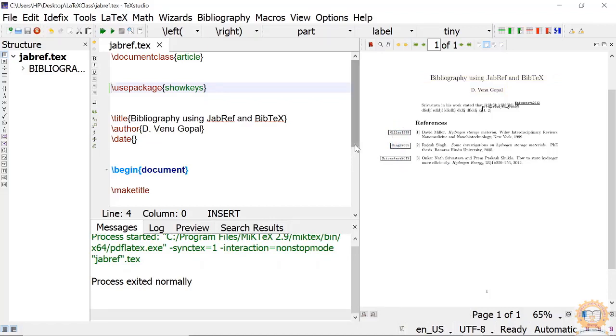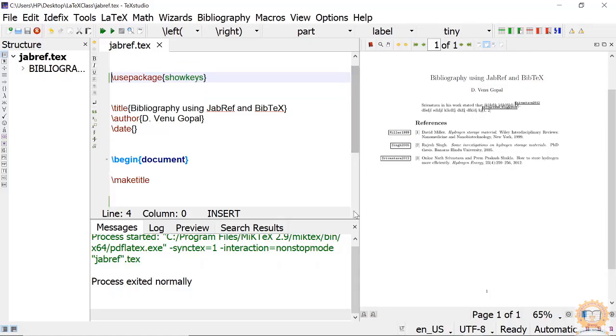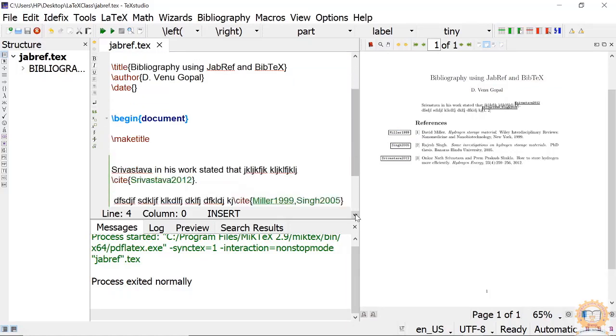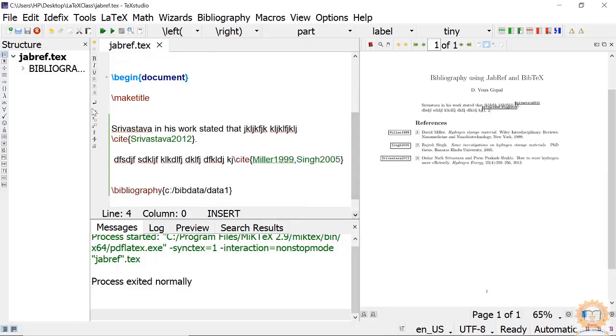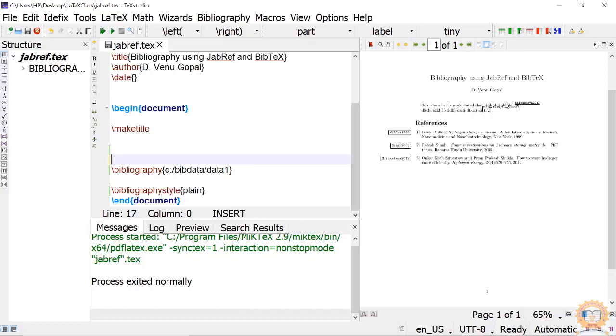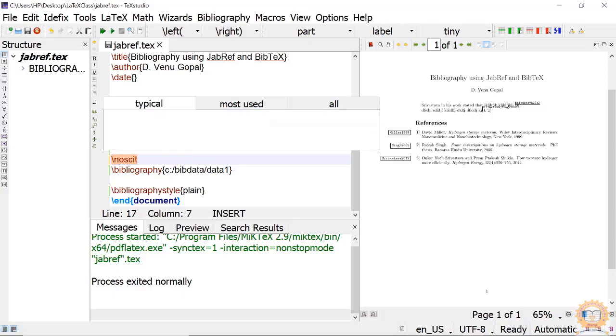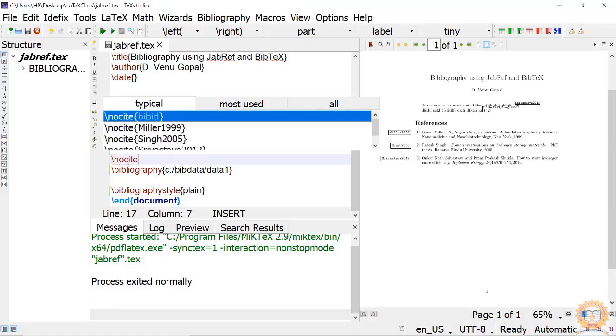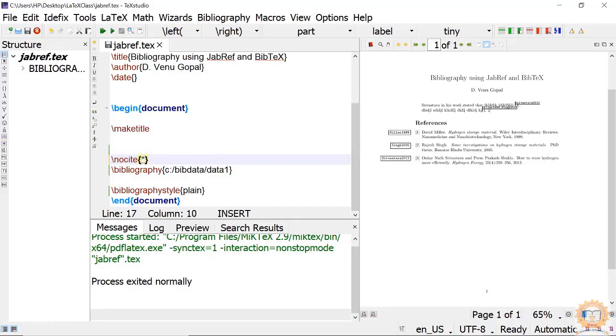Okay. Then suppose without citing you want to create a bibliography file of all your database in a single file. For that also, you can just say nocite and put a star. So everything in the database will come here.